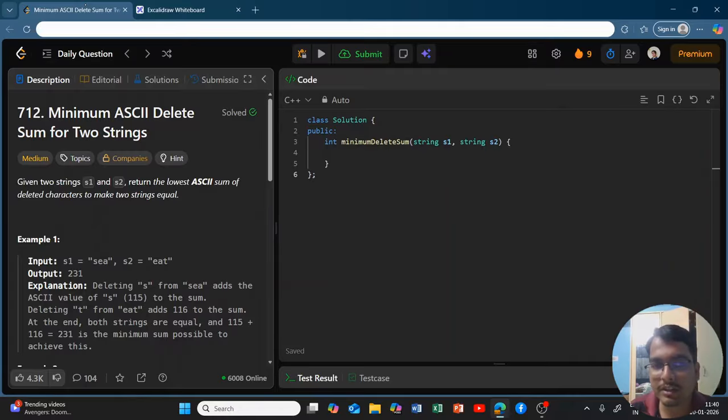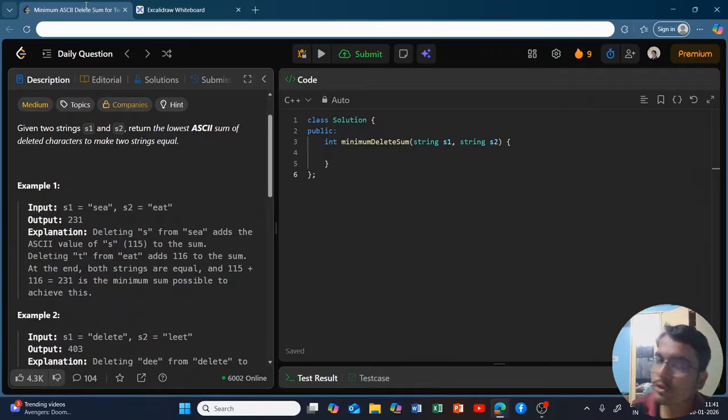So you are given two strings. You want to select some characters from the first string as well as the second string and you want to delete them such that the sum of the ASCII values of all the characters which you delete should be minimum possible, and at the end, after deletion of those characters, both of the strings should be